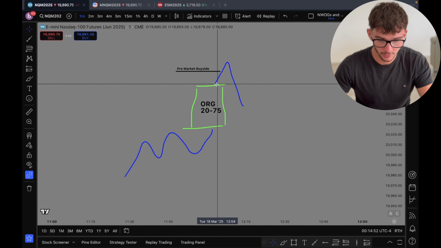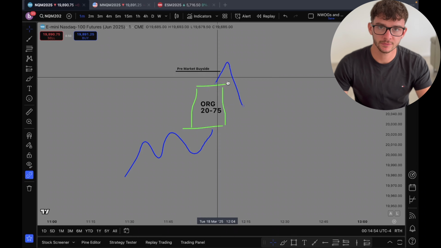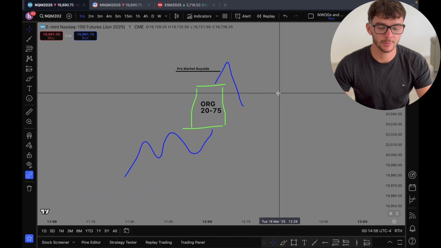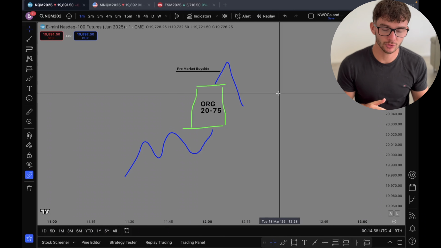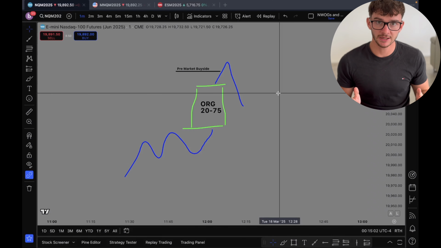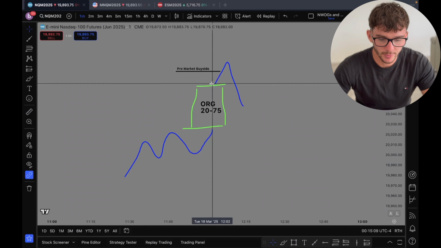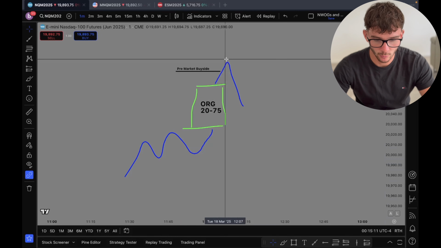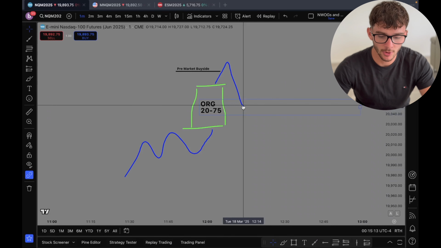So we open here, run up, sweep that buy side out, which obviously isn't viewable on the regular trading hours chart. That's when we go back to the electronic trading hours chart. So it's all about switching between these two charts and using the information available in both of the charts. So we run up, sweep that buy side, and then we can look for a short into the opening range